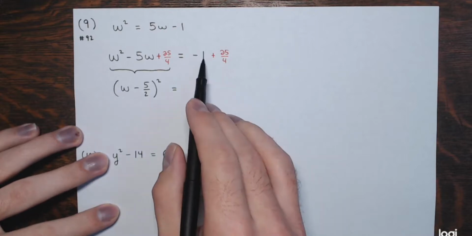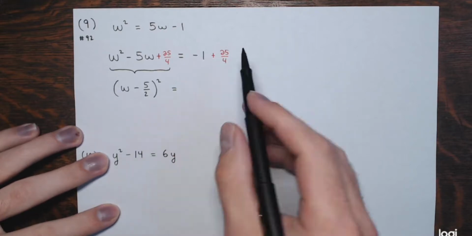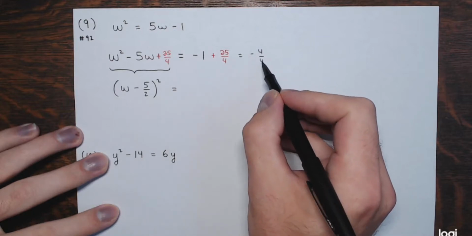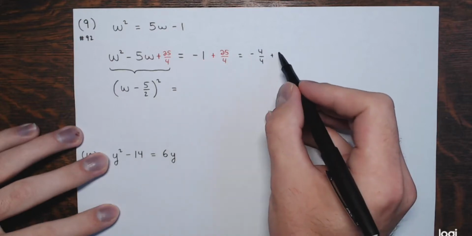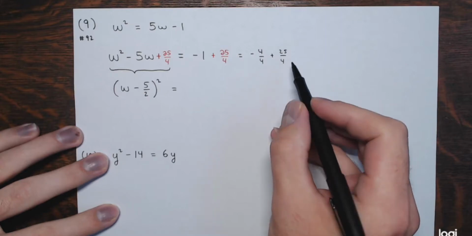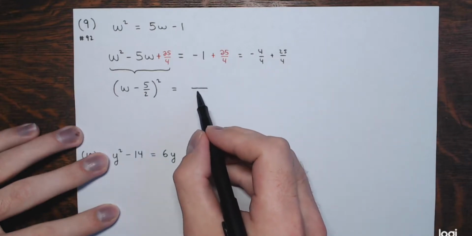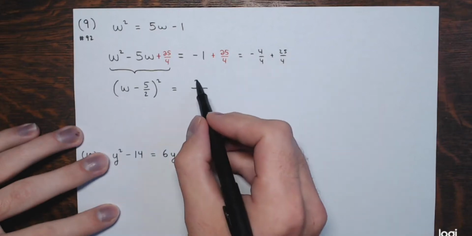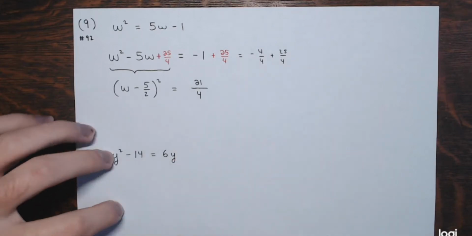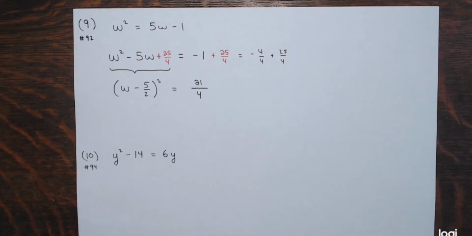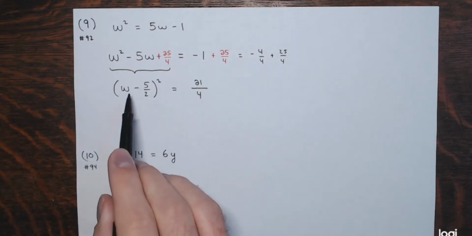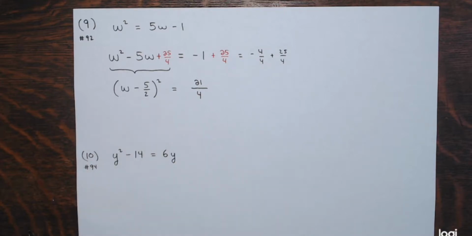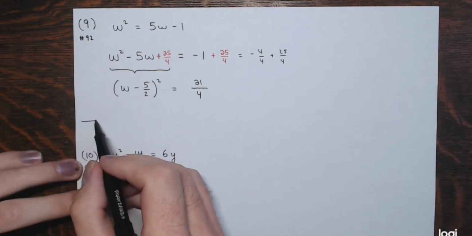Then over here I need to combine these. You can't add and subtract stuff without common denominators. So this is negative 4 over 4, that's negative 1, plus 25 fourths. They have a common denominator of 4, and then combine the numerators. Negative 4 plus 25 is 21. So we have w minus 5 halves squared equals 21 fourths. Then I can apply the square root property